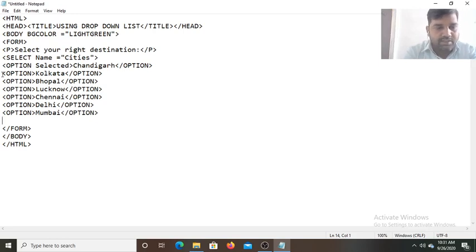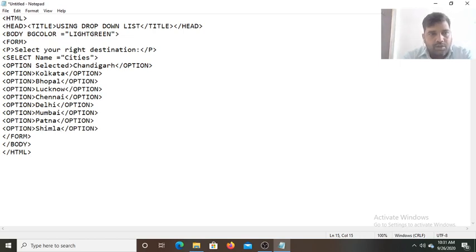After that we can provide another option, and we can write Patna. And after that we can provide the other option, Simla. Control V, there we can provide the option Simla.